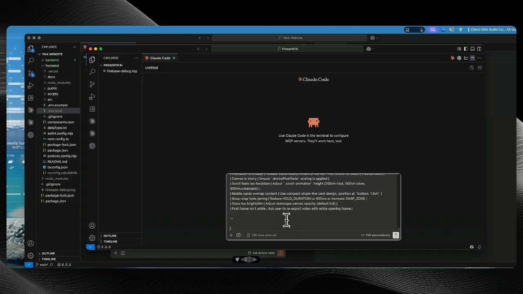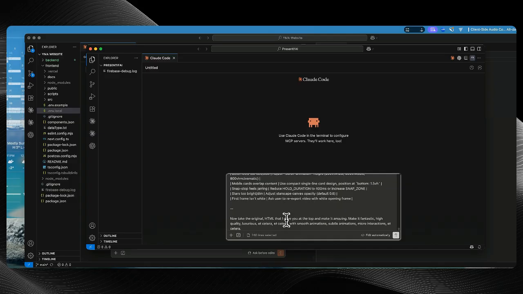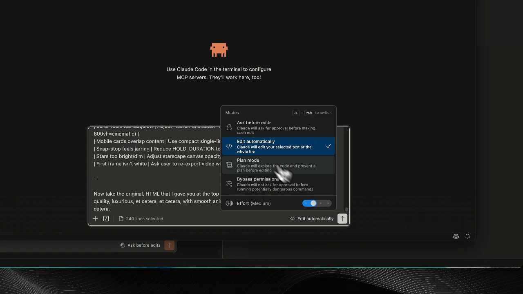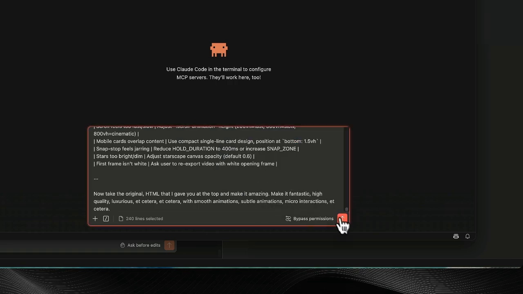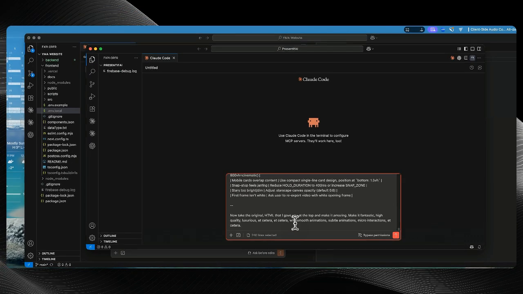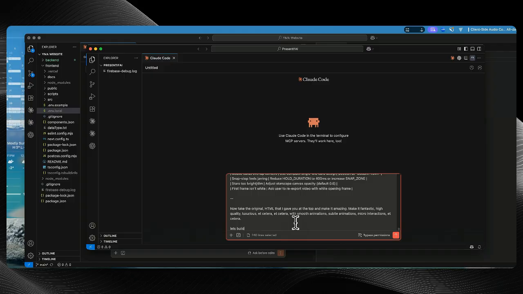Now take the original HTML that I gave you at the top and make it amazing, make it fantastic, high quality, luxurious, etc., with smooth animations, subtle animations, micro interactions, etc. Okay. And here I'm just gonna edit. I'm just gonna do bypass permissions, and then also let's build this in React JS TypeScript, for example, right? So we can have better